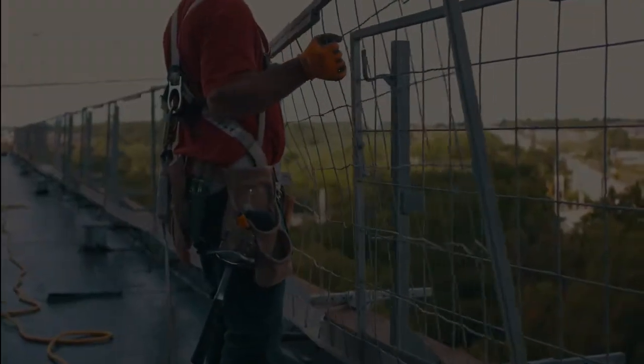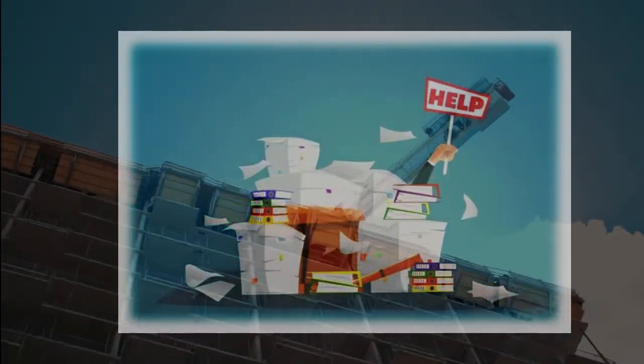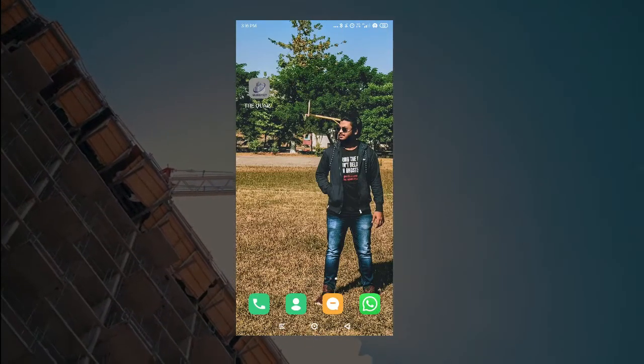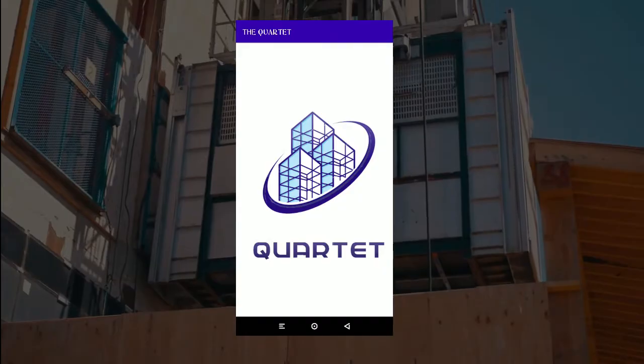As we know, manual and accurate calculation of quantities and costing of building materials is very time consuming, and it is also difficult to manage spreadsheets and papers of calculation. To solve this problem, we developed application software which can accurately calculate the quantity and costing of building materials used in a particular civil structure.